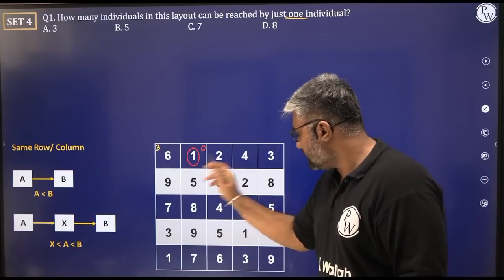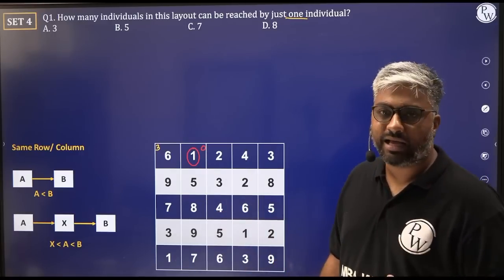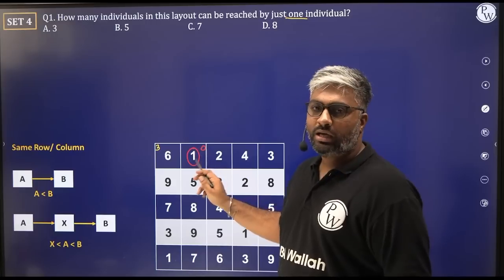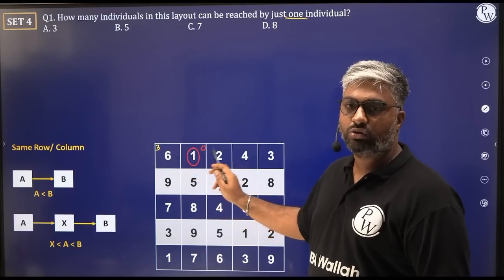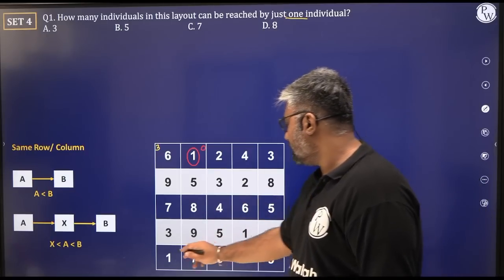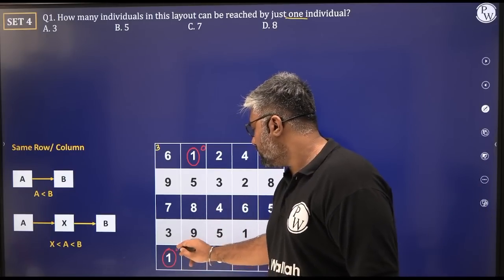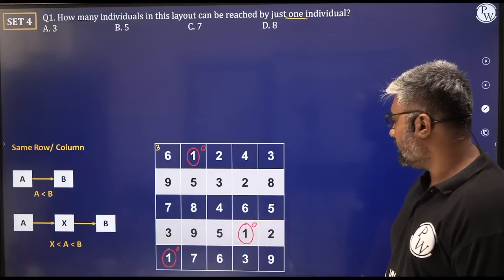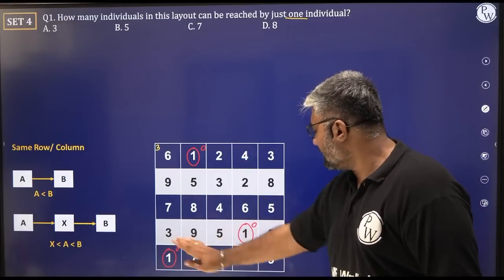0 is not here, and there is no number lesser than 1. So I think we can make this bold statement and say no platform can be reached out to 1, right? So wherever we see 1, I think we can make that statement. Here also we see a 1, 0 possibilities. Here also we see 1, 0 possibilities, cannot be reached by anyone at all. So we have 3 1s, right? That we are done with.